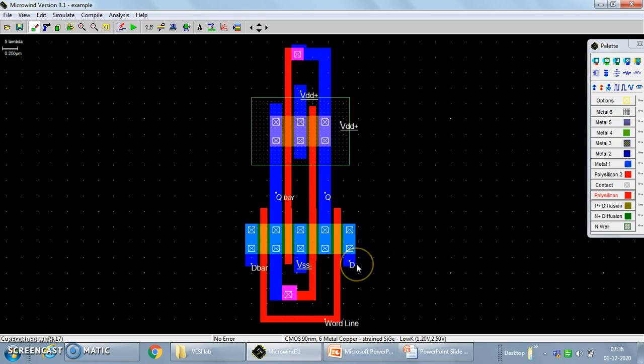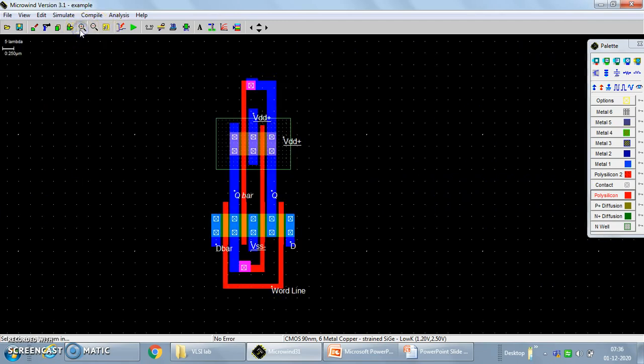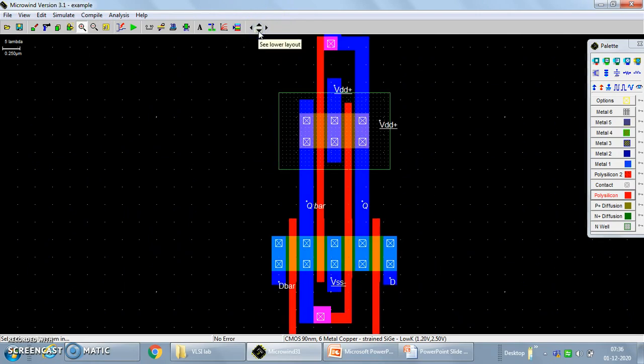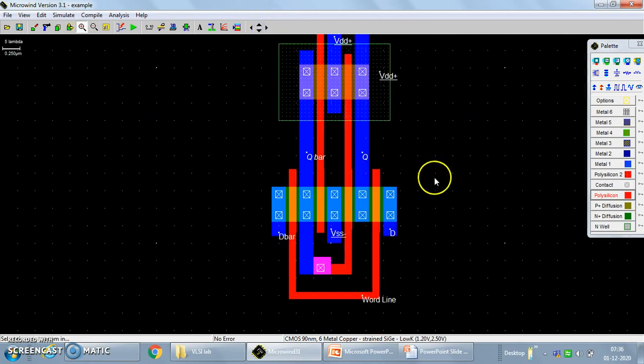Now see, whatever data we want to write inside the memory cell, suppose I give the data VDD as a VSS, I think I should extend it.